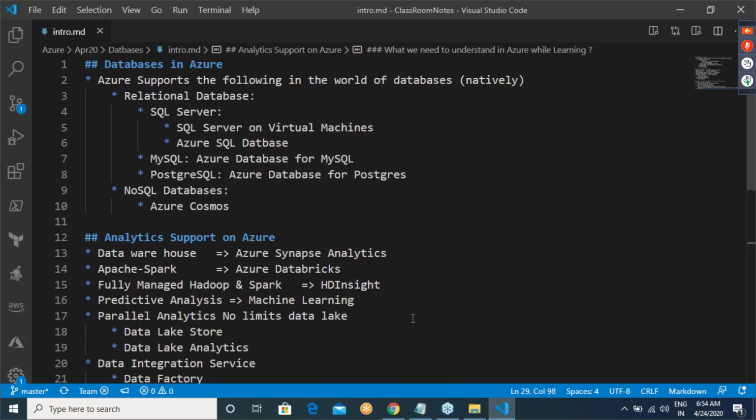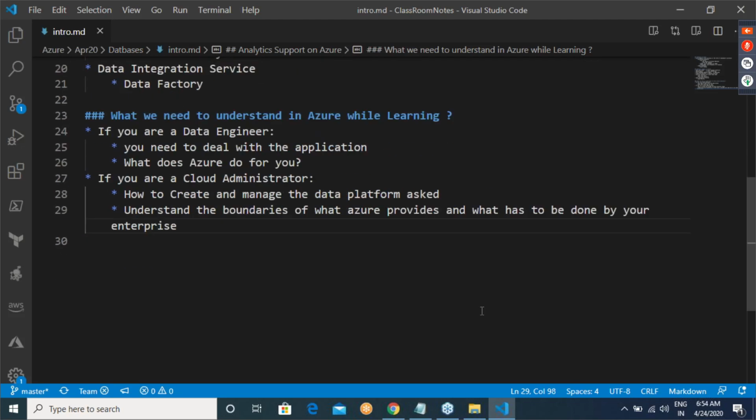Whenever you are learning SQL or anything in cloud, if you are already an expert in that, like a data engineer, you obviously need to work on that. And along with that, you also need to understand what the cloud is giving to you. If you are a cloud administrator, you should know how to create or manage whatever platform is expected from you. As simple as that.